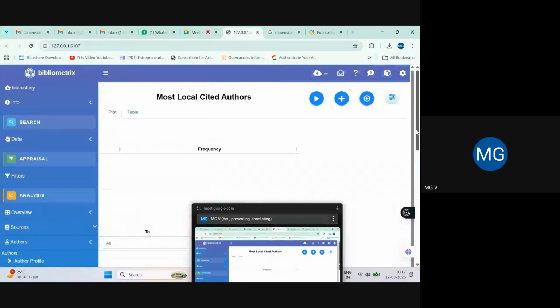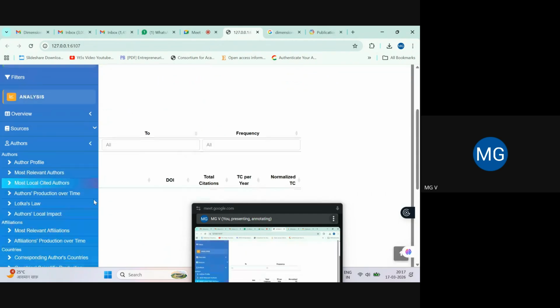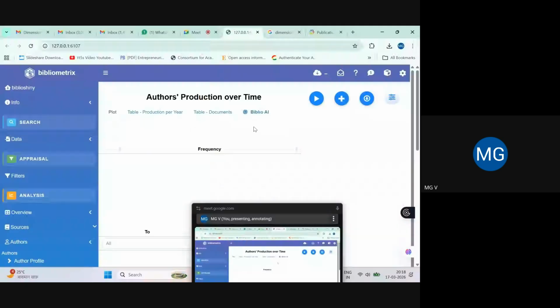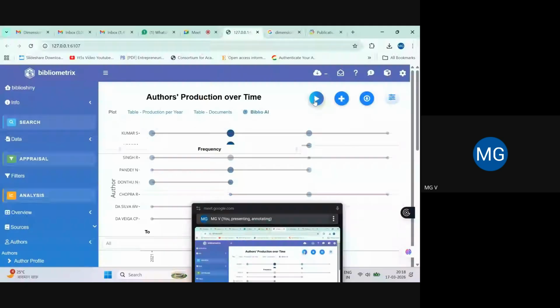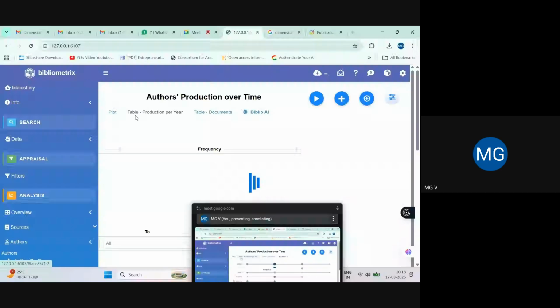Most relevant authors we have seen, most local cited authors. Let us see if this database supports this. No. So whatever information is available, it will give. Otherwise, it will say no. But no false information. Now see. Author's production over time per year.